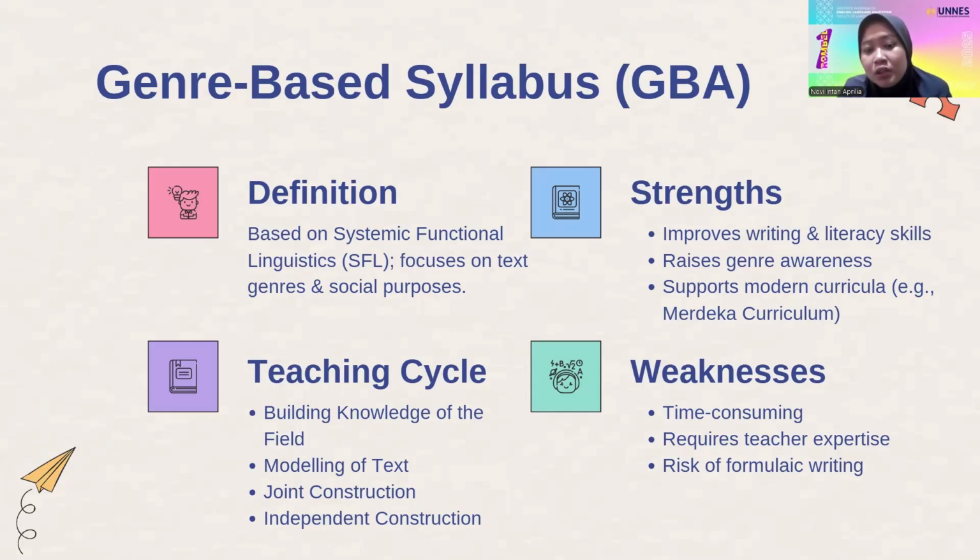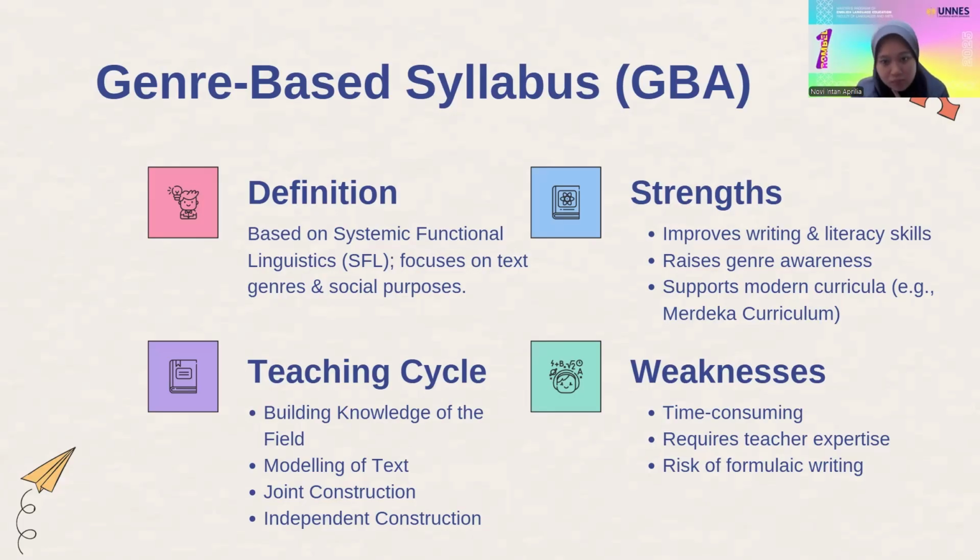The first is building knowledge of the field. In this section, the teacher will give the topic or the background to build students' knowledge related to the target text. Okay, and the next is modeling of the text. In this section, there is a text, and students will analyze examples of the target genre to understand its structure, language features, and